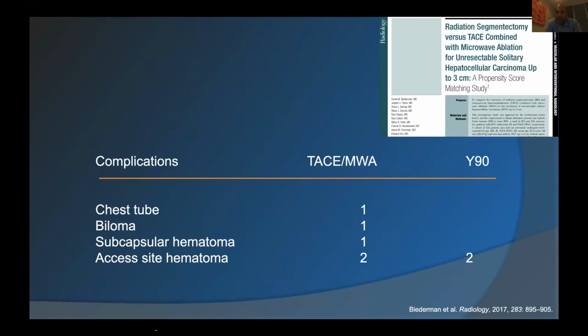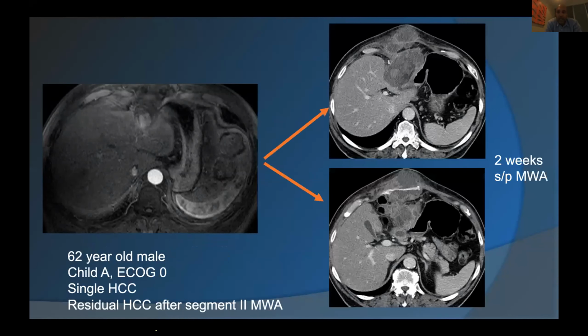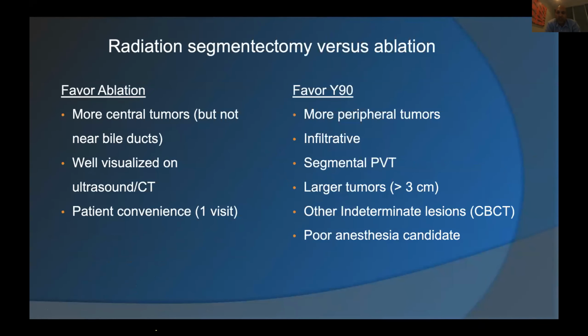It's essentially impossible. This is one of our patients at UCLA, segment 2 tumor, who had been ablated, got residual tumor, so got reablated. And this is the scan a couple weeks after the ablation. So you can see this mess, this fistula coming out to the abdominal wall, and had a pretty terrible infection, had ventral hernia mesh here, and so that got all infected. And so this is unfortunately the downside of when an ablation goes wrong. The nice thing about a radiation segmentectomy is that this really should not happen because you're not violating the hepatic capsule. Nevertheless, we still do a lot of ablation in our group.